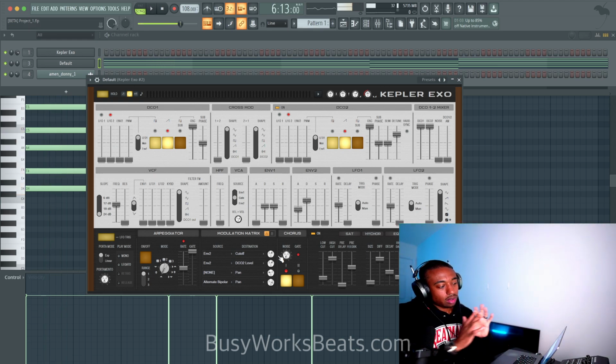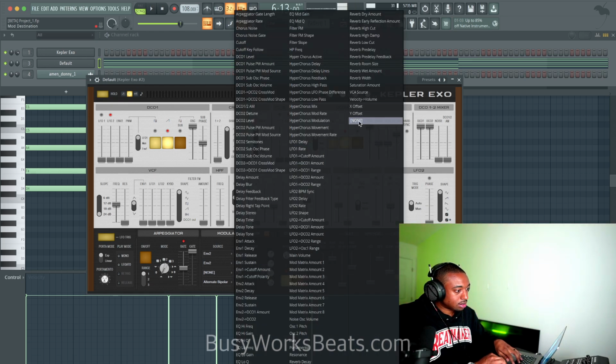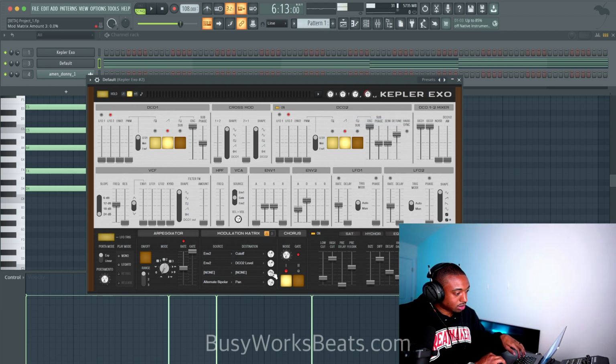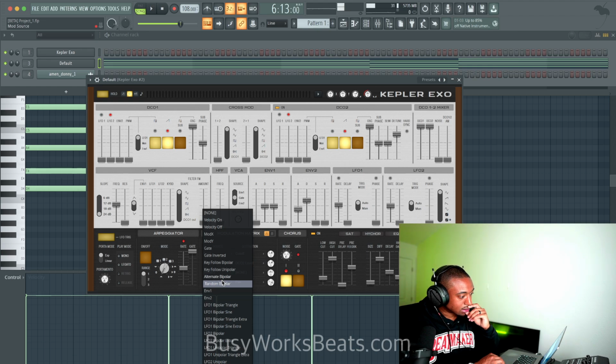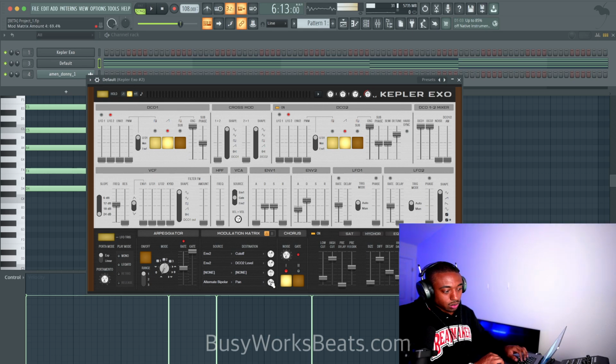So again, I don't like how if you play a lot of notes, it's all pan to the left. My goal is to pan some notes to the left. Oh, you know what? It might be because this is on. Let me make sure it's not because I did something. I'm pretty sure it's because it's not panning per voice. So that's something interesting. It's a cool sound though, either way.